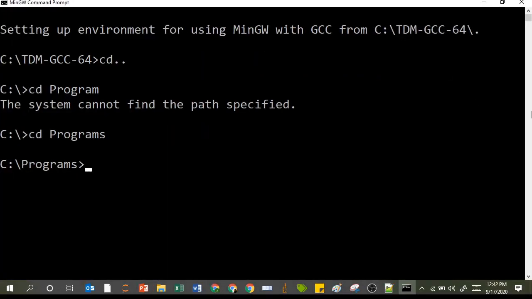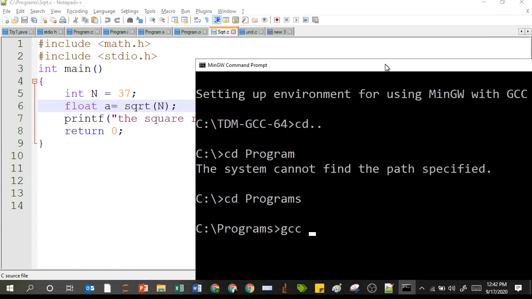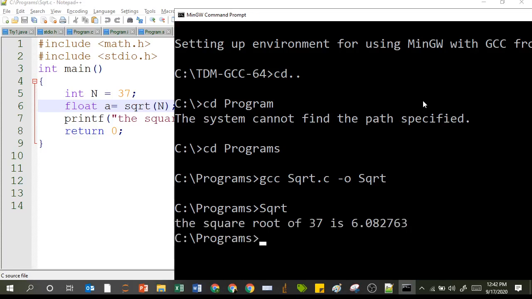Okay, so you have to give the command using gcc. What is the file name? The file name is sqrt.c. I've already told you these steps in the previous video. Those who don't understand this part, please go to the description box, the link is already provided, and you can understand the other steps.